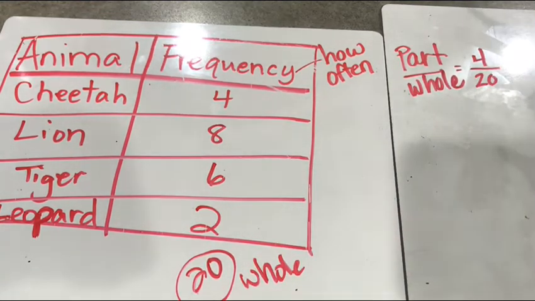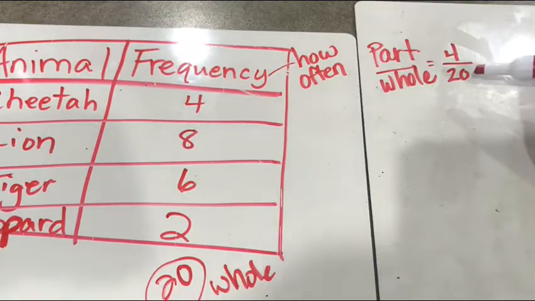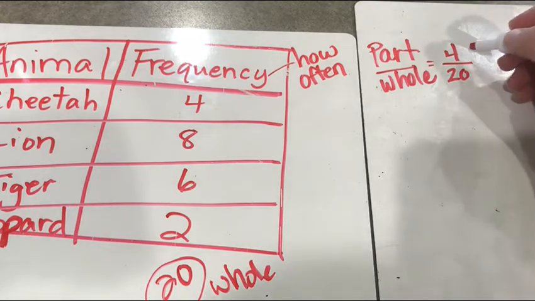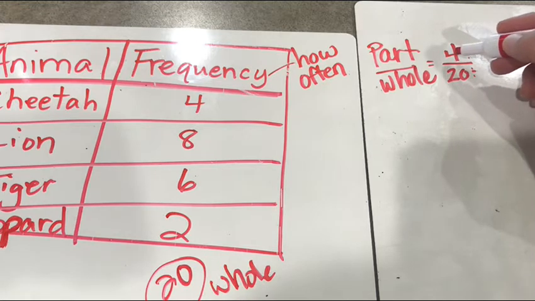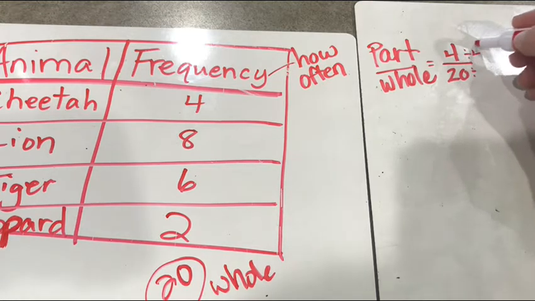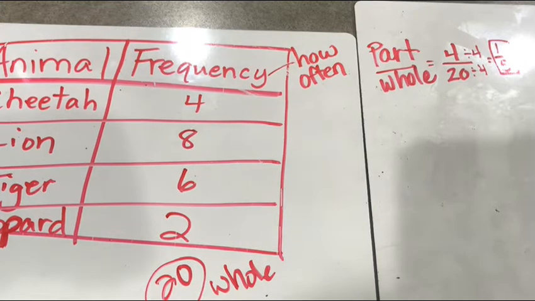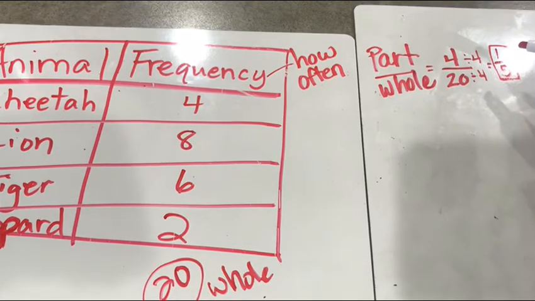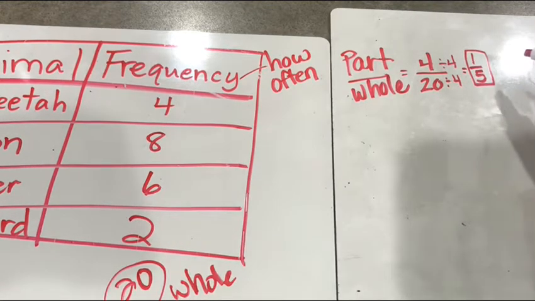So if I asked you to write a fraction of cheetahs that were at this wildlife reserve, your answer would be 4/20, okay? How you can simplify it, remember you divide by the largest factor that goes into both of them evenly. So we could divide by 2, but let's think about something larger. Does 4 go into 20? Yes. So let's divide both the numerator and the denominator by 4. So you get 1 out of every 5 at the wildlife. 1 animal out of every 5 is a cheetah. So the answer to your question, what fraction of animals are cheetahs at this reserve, your answer would be 1/5,